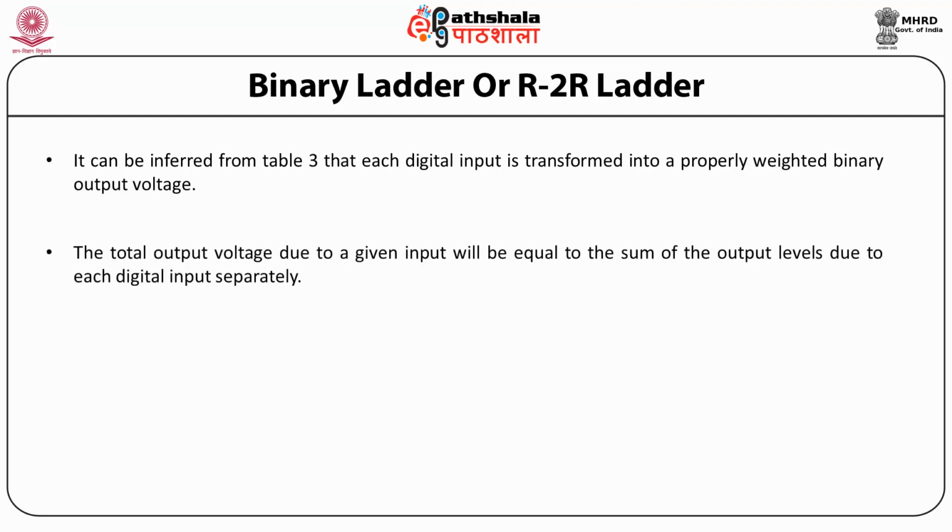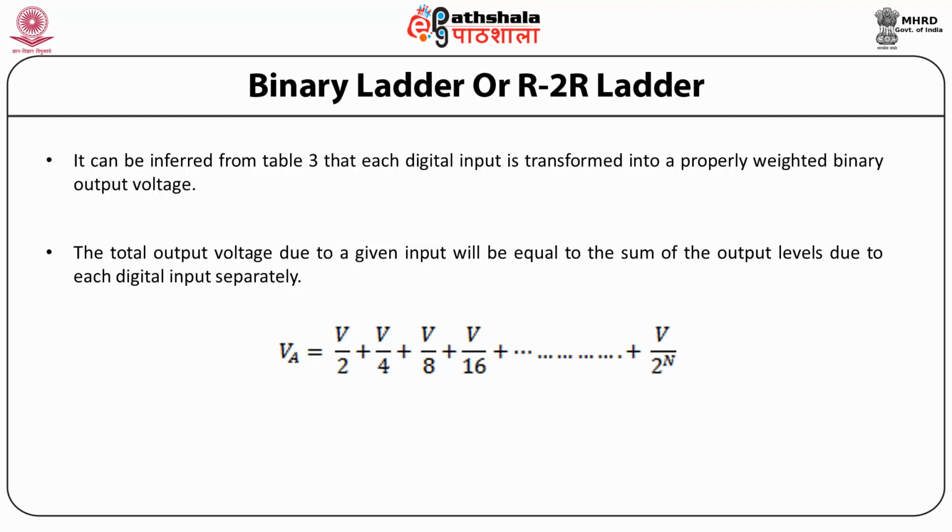The total output voltage due to a given input will be equal to the sum of the output levels due to each digital input separately. Thus, the net output voltage due to N bits in the input is given by VA equals V by 2 plus V by 4 plus V by 8 plus V by 16 plus so on till V divided by 2